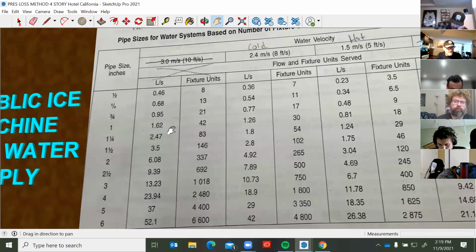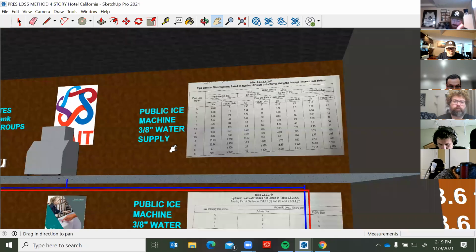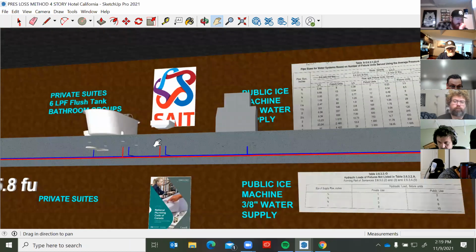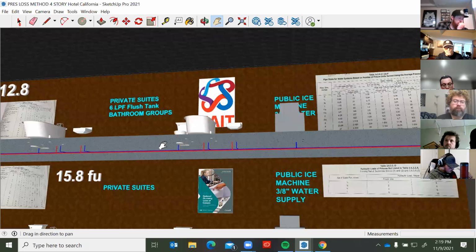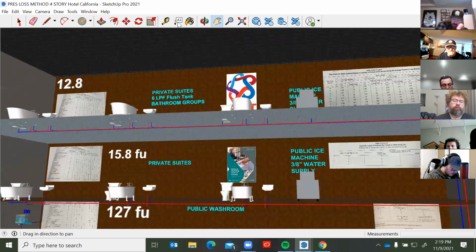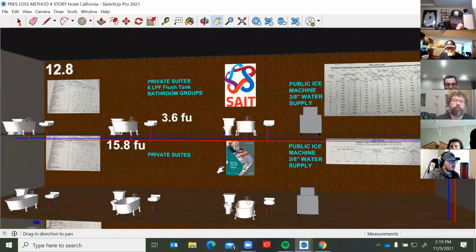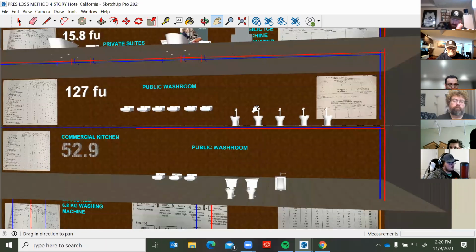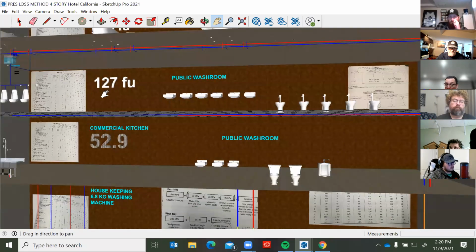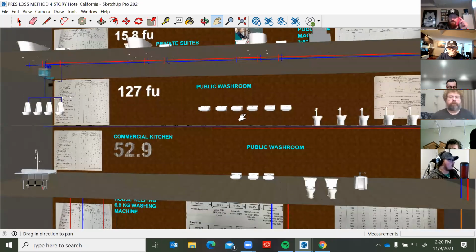Does everyone see how I did that? If you get one hot question, I'd be surprised. Most of them are cold services and cold branches because of that mix up with the bathroom group. So let's go down. Let's size something else. Well, it's easy, right? If I was going to size the cold for this floor, we